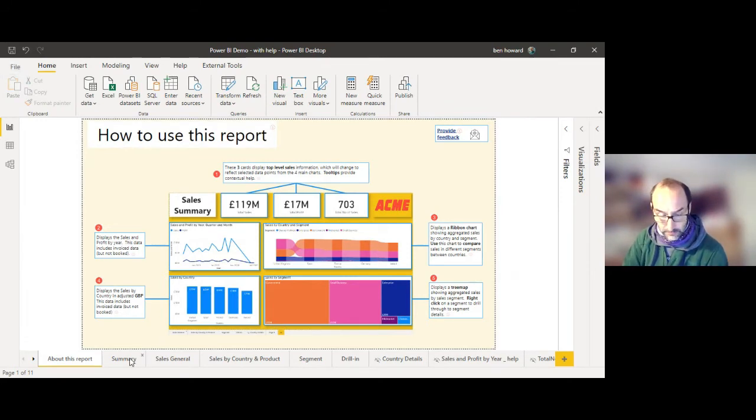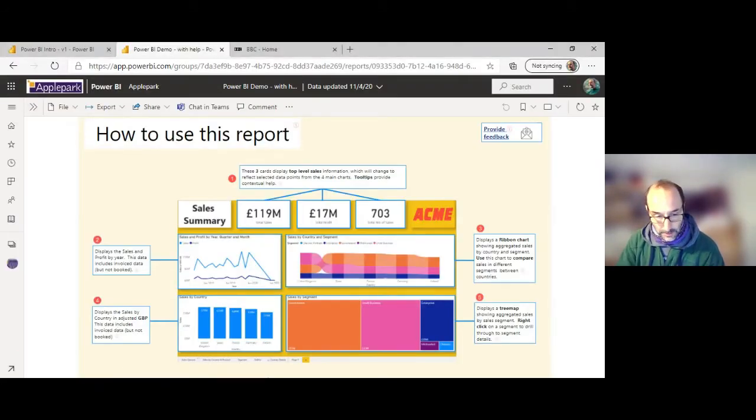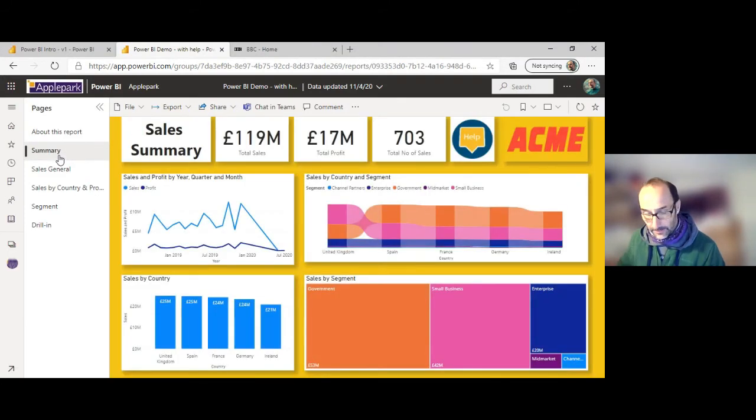Let's just go over to the report. We'll show you how that looks in real life, and then we will show you how to set that up.